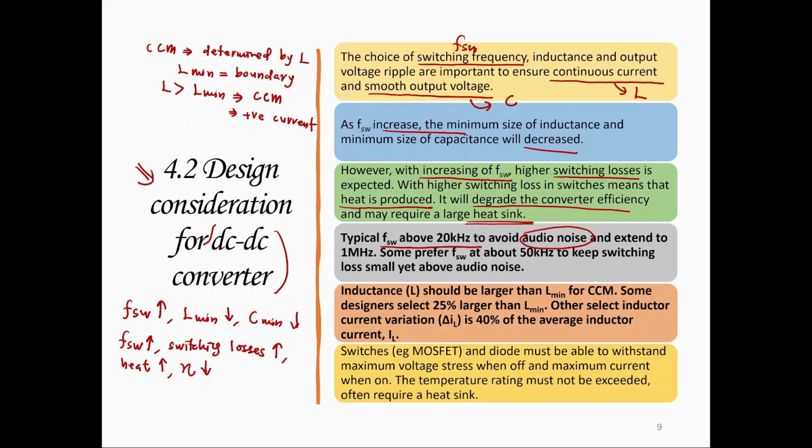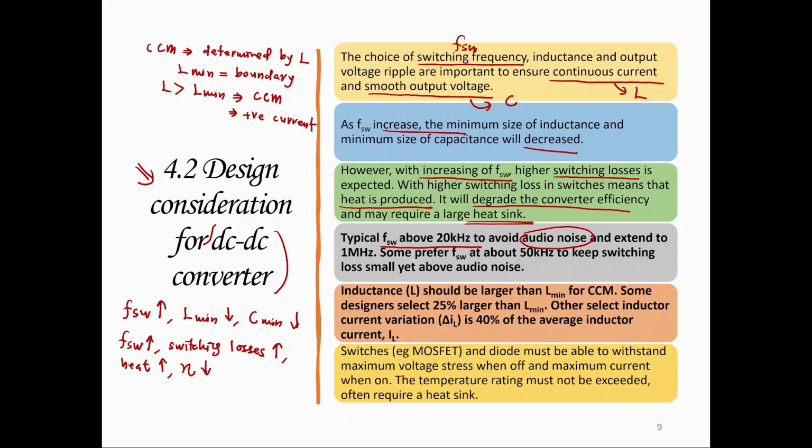We want to avoid audio noise. And the range you can extend up to 1 megahertz, no problem. But be careful, remember, as we increase switching frequency, switching losses will be increased as well. Right. So normally in order to design the converter, they will like the safe, not that safe, the